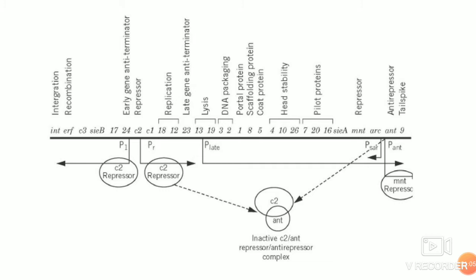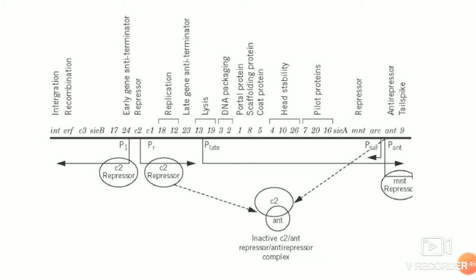There are two P22 repressor proteins, C2 and MNT, and they give rise to two immunity systems. The first immunity C region has C1, C2 and C3. The important one is the C2 repressor, which acts on PI and PR, in the operator regions OI and OR, to prevent the transcription of the early genes.